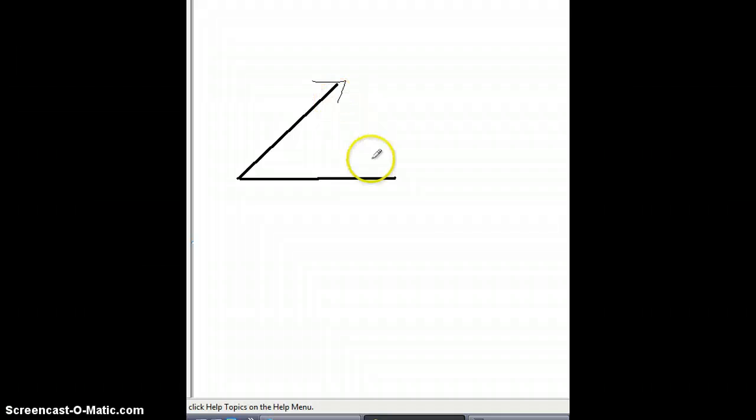Alrighty, so we're going to learn how to geometrically add vectors. Vectors in general look a little like this. They look a little like rays. That could be considered a vector. Vectors always have